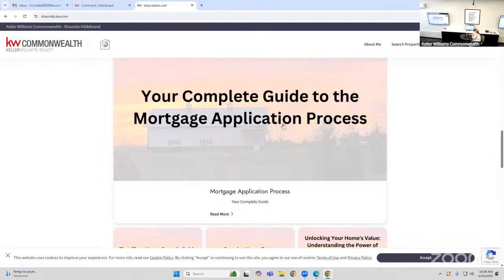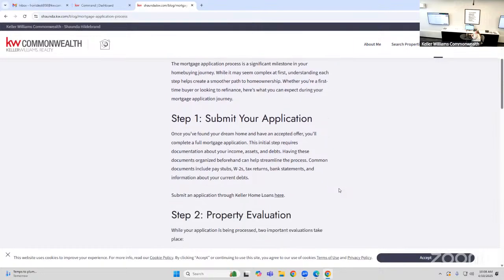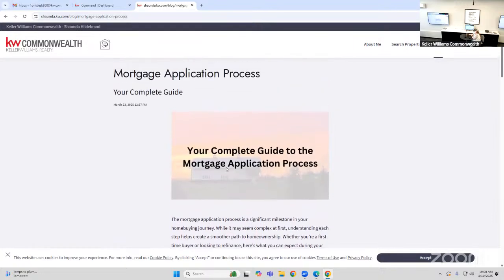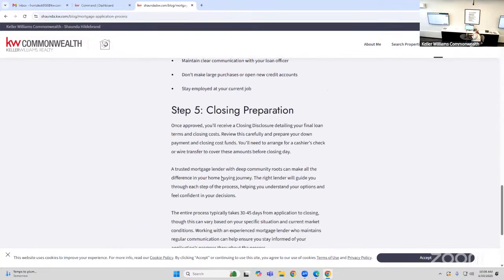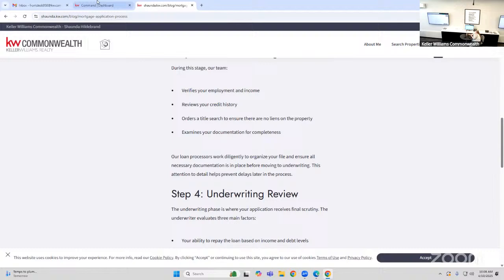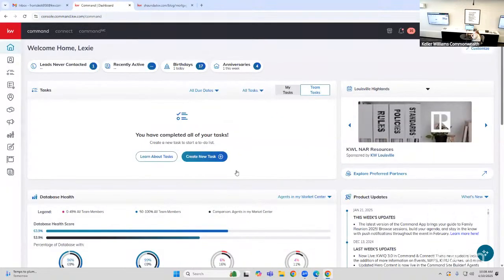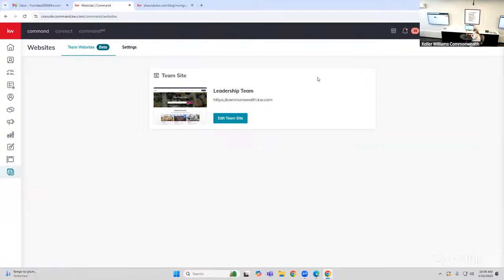There's nothing super fancy about the blog post page itself. You don't have to put an image in here, you can if you want. Then you just put all your stuff in, you can link stuff if you want, and that's pretty much it. It's very easy to do. In command, go to your website,